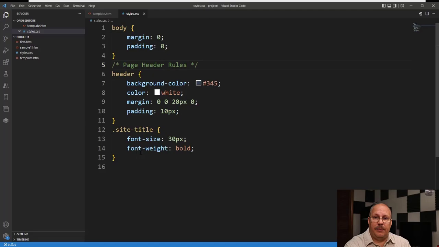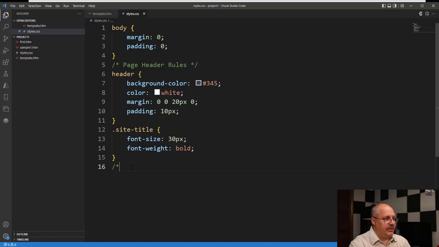A CSS comment will look real familiar if you're used to programming in C or Java. It's a multi-line comment. They do not have the single line comment, so you have to use this one. It's a slash with a star. Whatever's in your comment, that's ignored, and then a star and a slash. The star is just the asterisk, shift 8. This lets me know, hey, this is where my rules are going to be, which is nice because I'm going